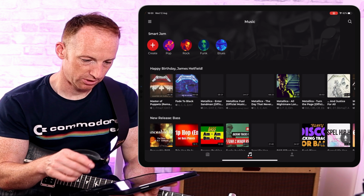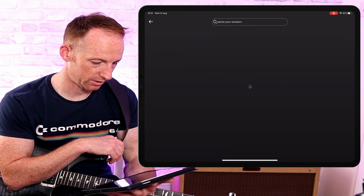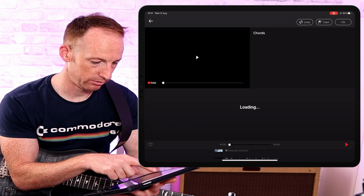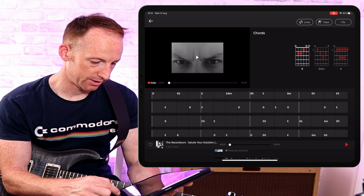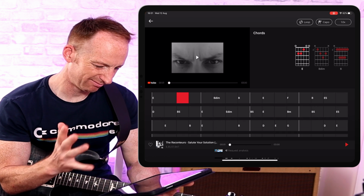So I'll just show you. So literally, if we search for, there you go, let's search for that, which I've searched for before, and we've got Raconteur, Salute Your Solution. I'm not going to play it, obviously for copyright. But yeah, so you've got on there all the chords that it says that they should be, but it's a bit